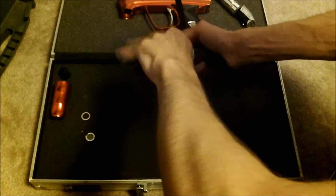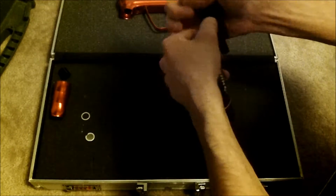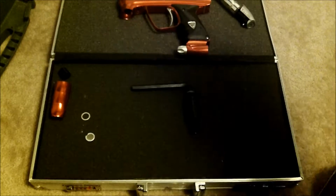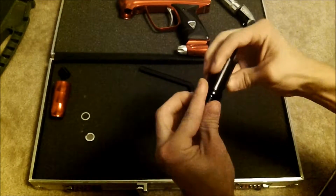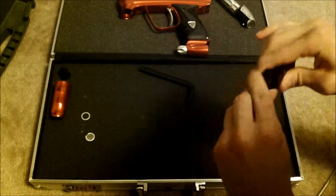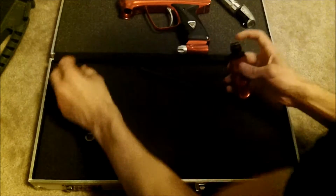Okay, and then you can tighten them down just a little tiny bit. You don't even really need to, but okay. And then you have the two outside O-rings here. Grease on the threads, and that's it. So what we're gonna actually do right now is just put this aside,